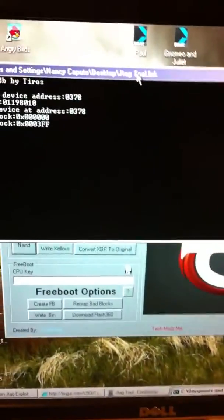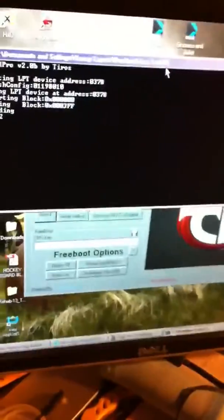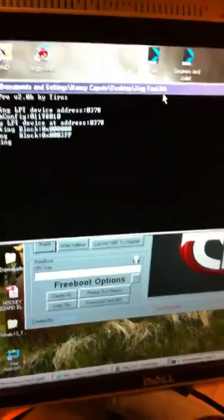That'd take forever. But anyways, the point of the story is I'm using this program. It's the JTAG tool by Cool Shrimp. It's really nice. It's not showing up because the computer's dedicated to running this, which is good. I'm going to leave it alone. What this does is, once I dump my NAND, this is the 12625 edition, and I'm going to give my dashboard